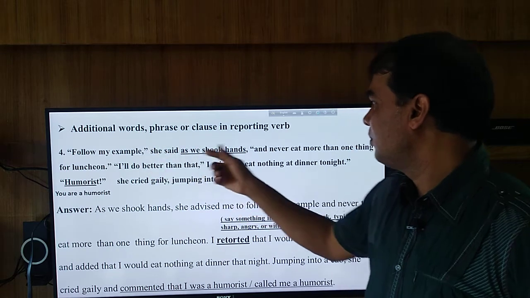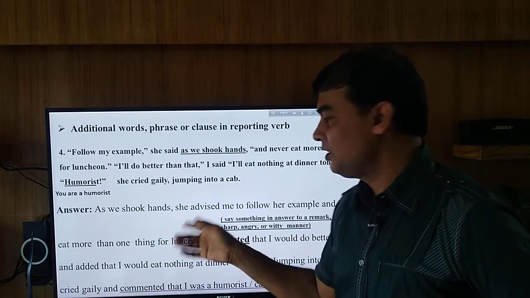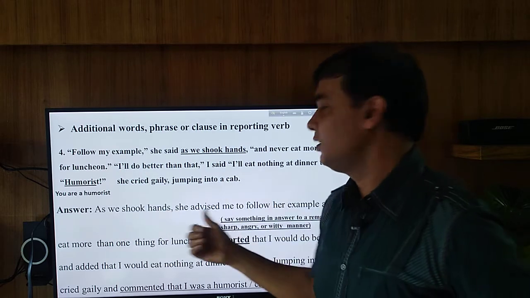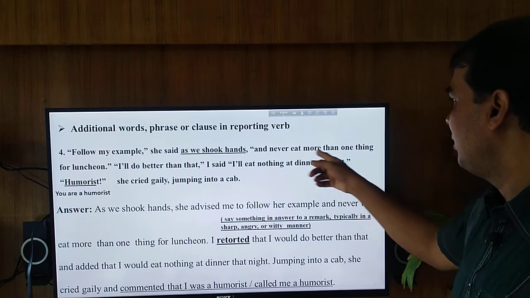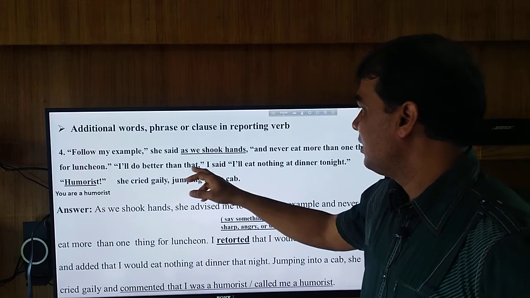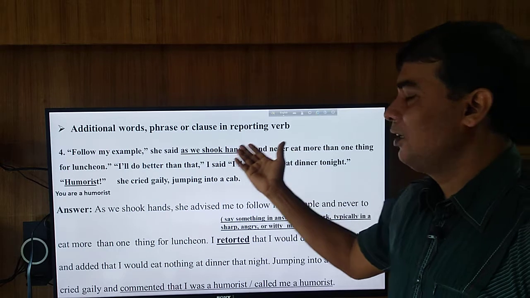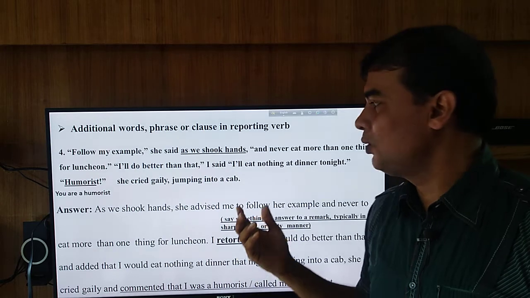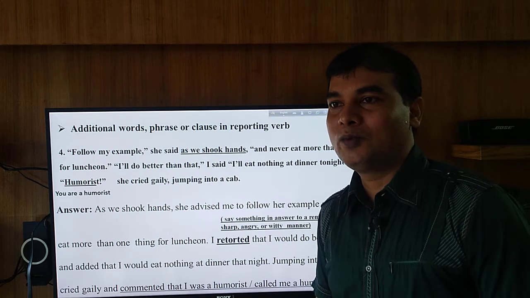Okay. Follow my example. Now, the lady is advising the writer. So we can write she advised me. Since this is an imperative sentence, we can write conjunction to follow her example and never eat more than one thing for luncheon. I will do better than that, I said. This is very interesting. The lady, after exploiting the writer, is now giving advice to him, never eat more than one thing for luncheon. So this is one kind of